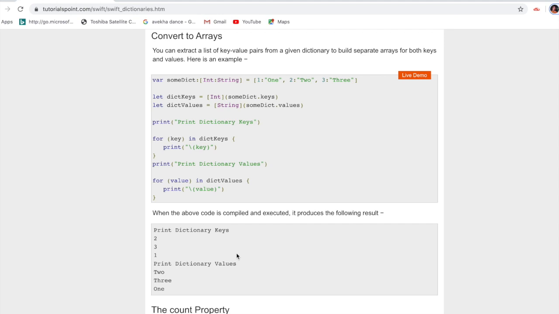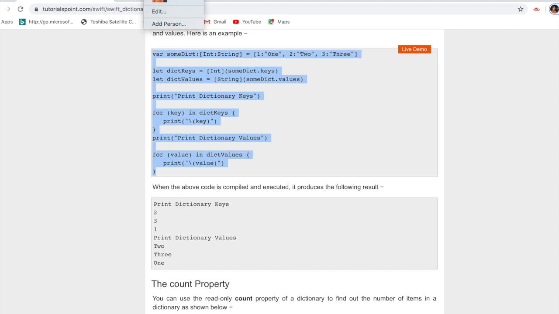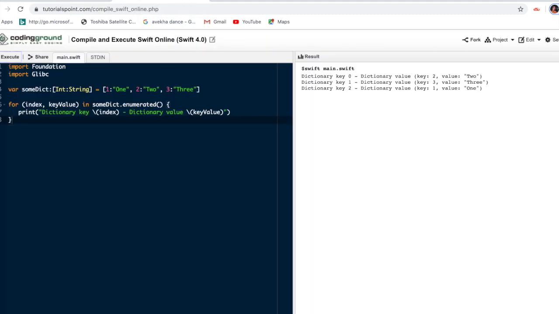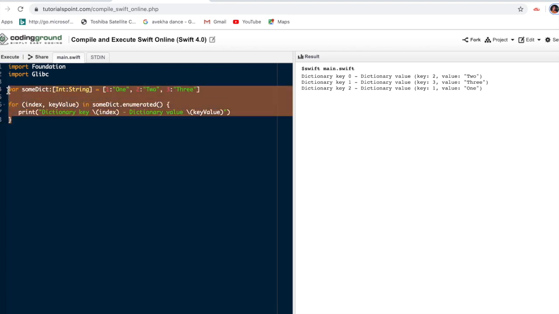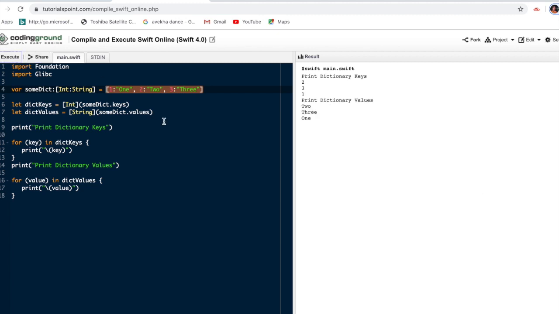Then convert to two arrays. Let's say one example. See, I am storing some values, and in this storing, let's see this output. First, print dictionary keys.